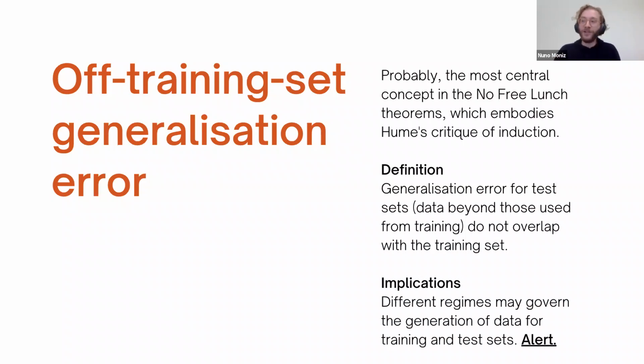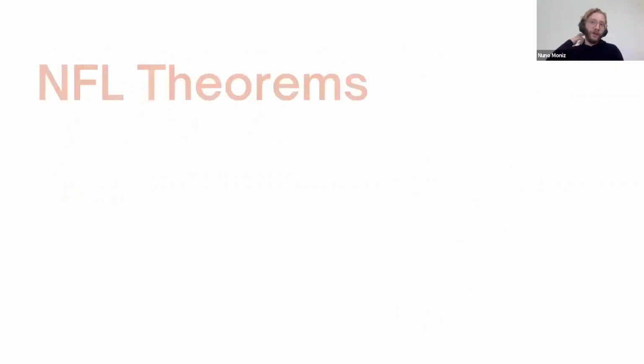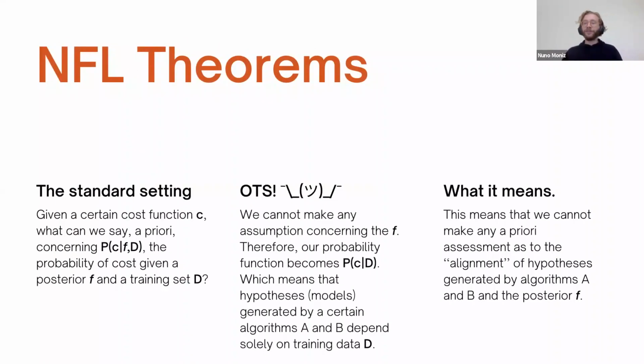So the obvious implication is that different regimes may govern the generation of training data and test sets. So a very big red flag. NFL theorems, so no free lunch theorems. The standard setting is that, given a certain cost function C, the question is what can we say about the probability of having a certain cost given a posterior, the function or the description of the test set, and